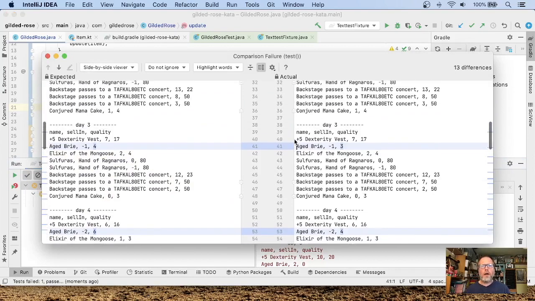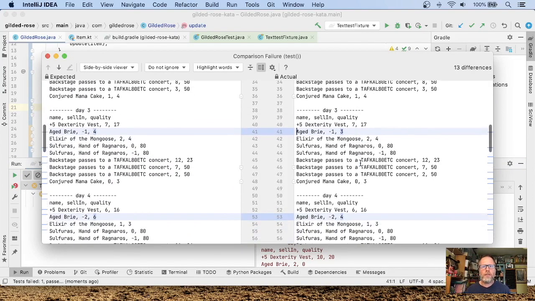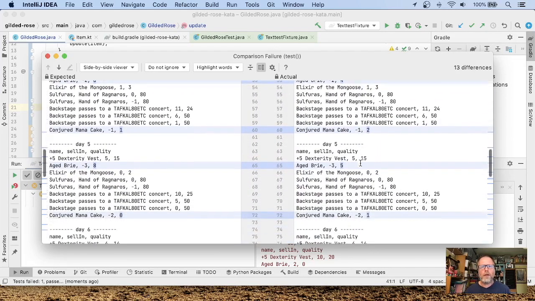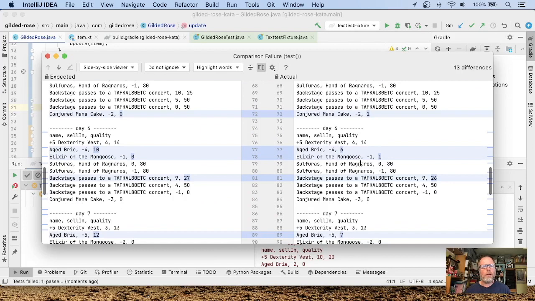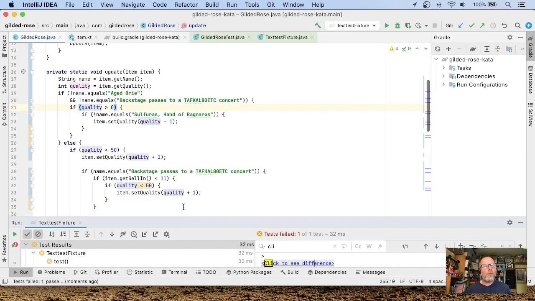you see that things were going well until day 3, but then the Brie started going wrong in some sort of way, and the conjured mana cake went wrong in another way. And the problem here is that we keep on asking the question, what is the quality? But previously we were updating the quality in one place and then reading the updated version, whereas now we're just reading the version as it was at the very beginning. So it turns out that we can't